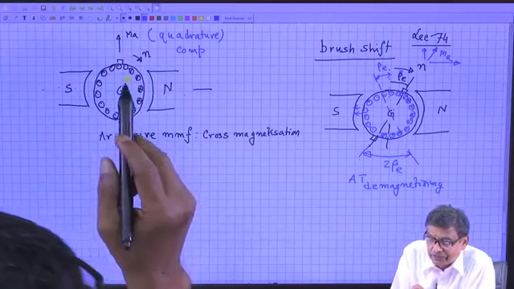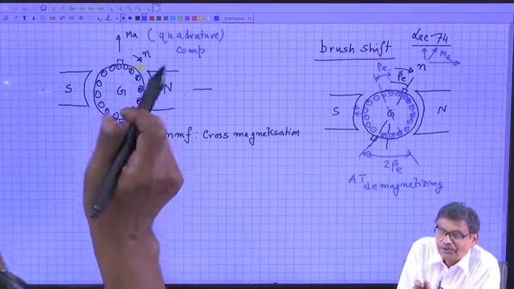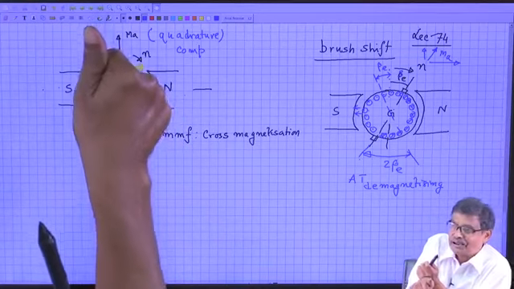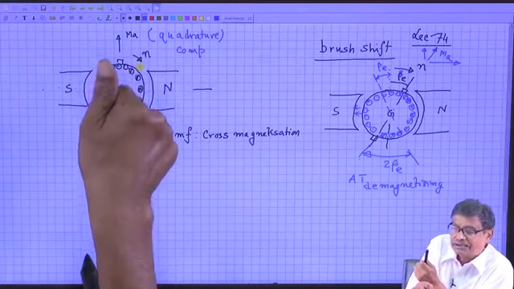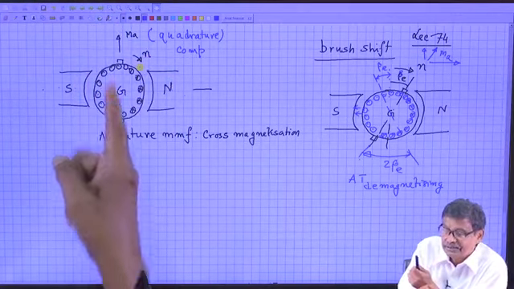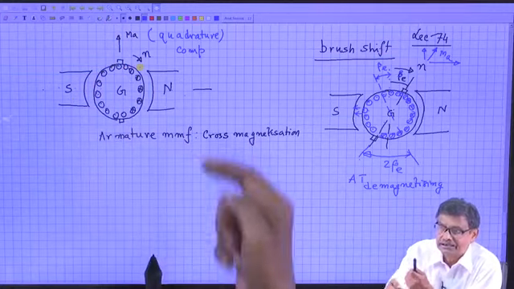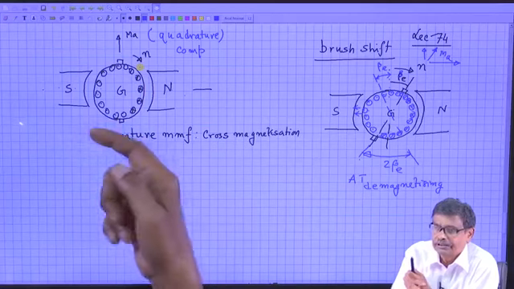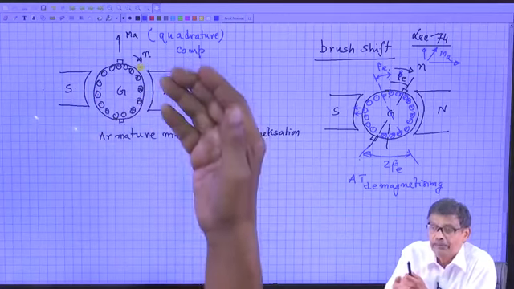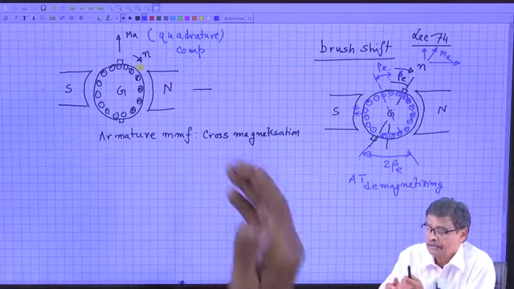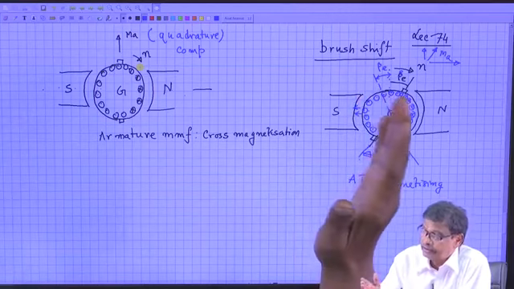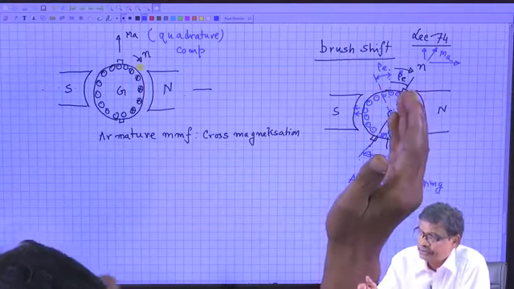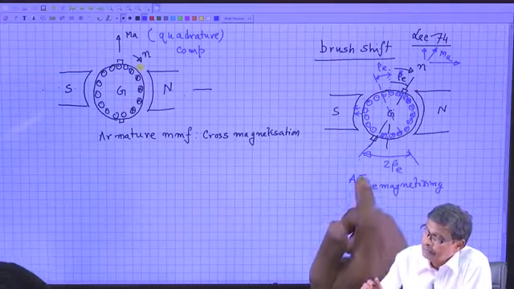In this case, what was there? All was quadrature. How did I calculate armature MMF? IAZ by 2AP, like this, is it not? There was no direct confrontation with the stator flux, it was only deforming the flux. But here, when some brush shift is given in case of a generator in the same direction of rotation,